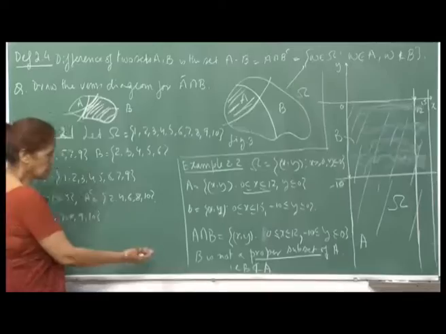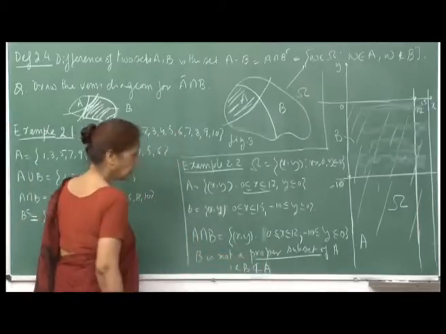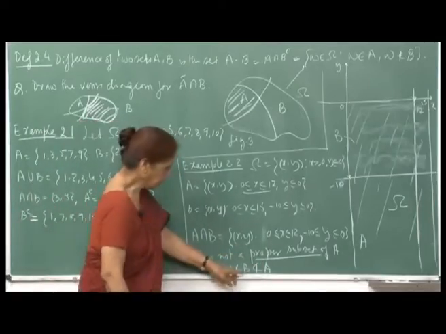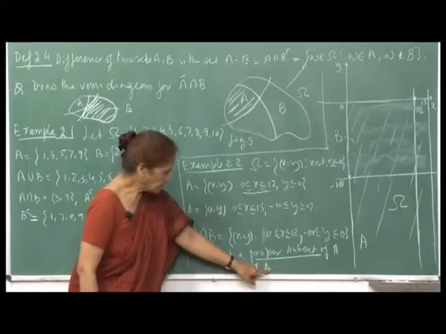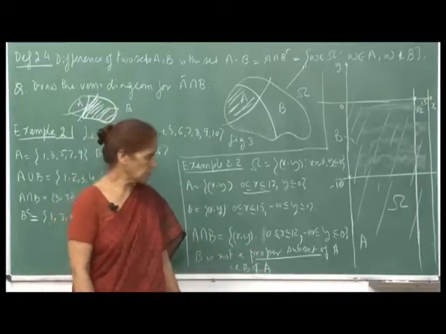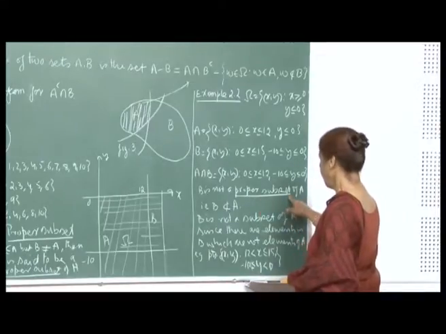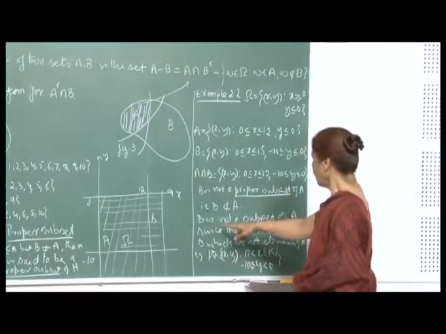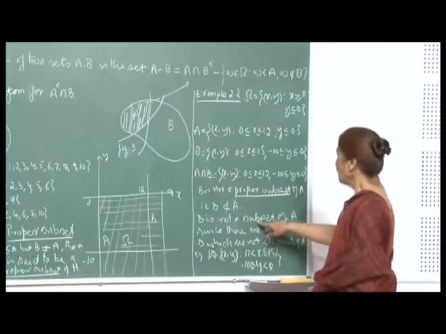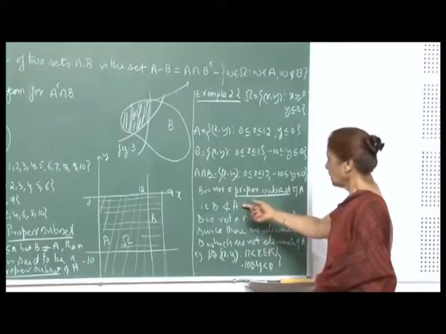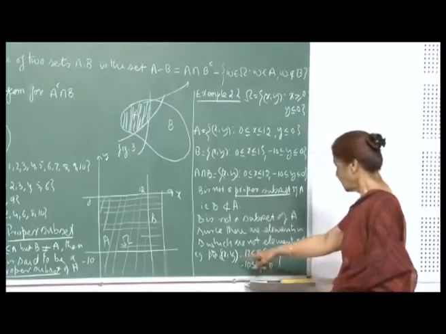So, here you can see that B is not a proper subset of A, because you can find points which are in B, but which are not in A. So, this is the other concept that you use. Here I have said that B is not a proper subset of A. That is, I showed you that there are points in B which are not in A, right, and that you can see because the